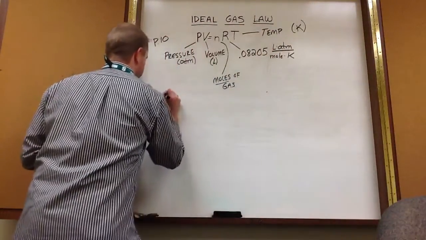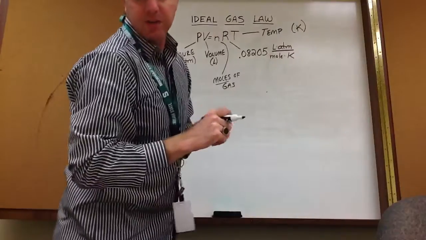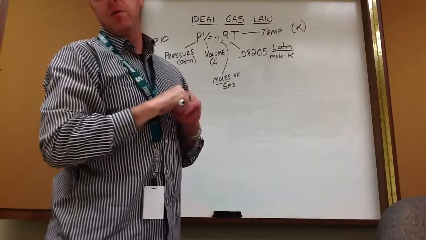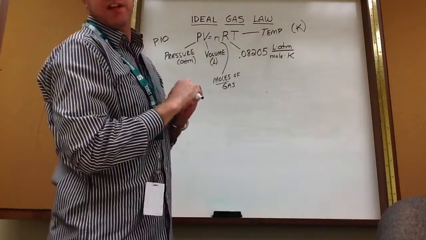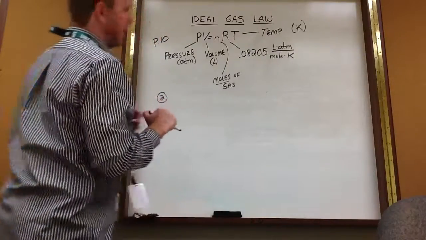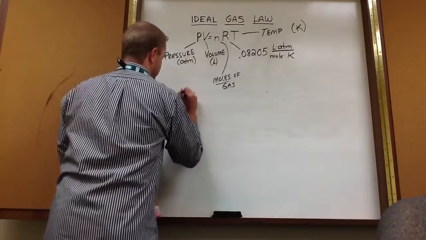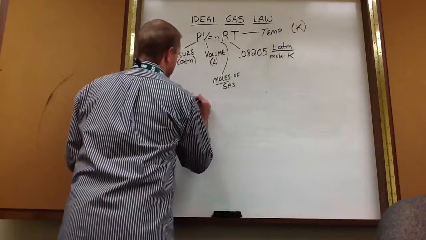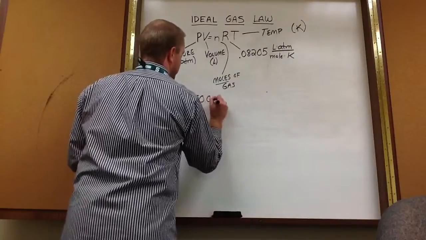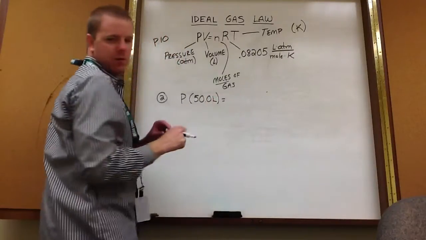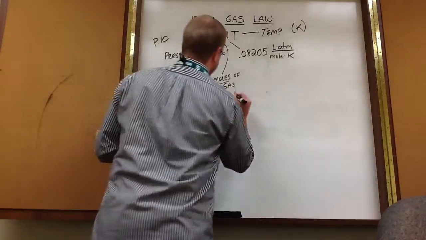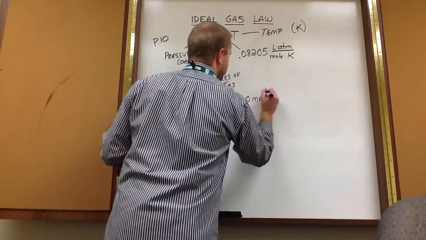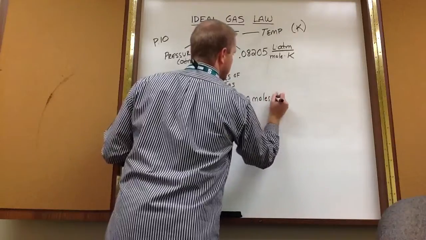Let's do number 2 together. Number 2 says, if I have a 50-liter container holding 45.0 moles of gas at a temperature of 200 Celsius, what is the pressure inside the container? So we want to know P, when the volume is 50.0 liters. And that's equivalent to 45.0 moles times